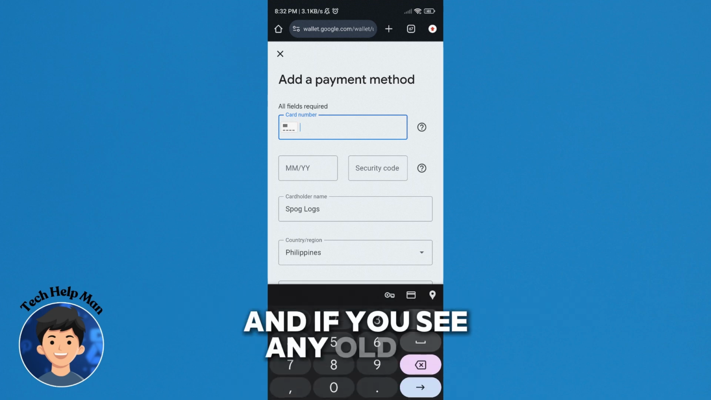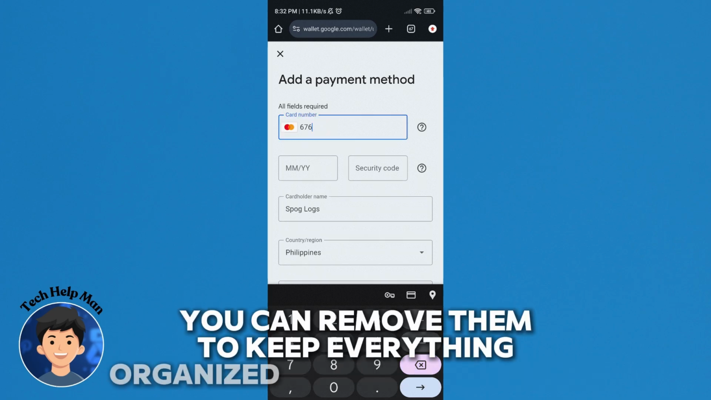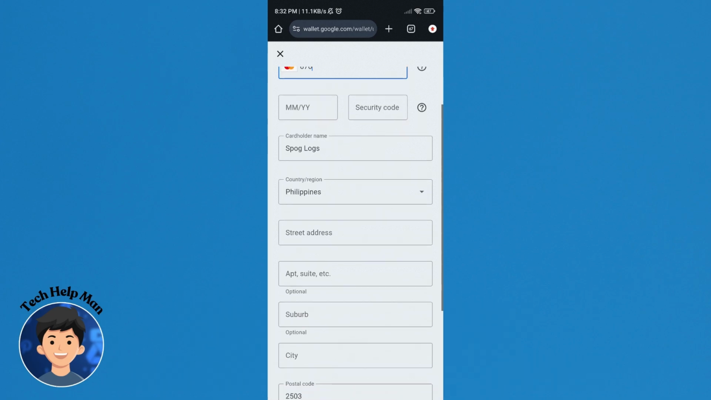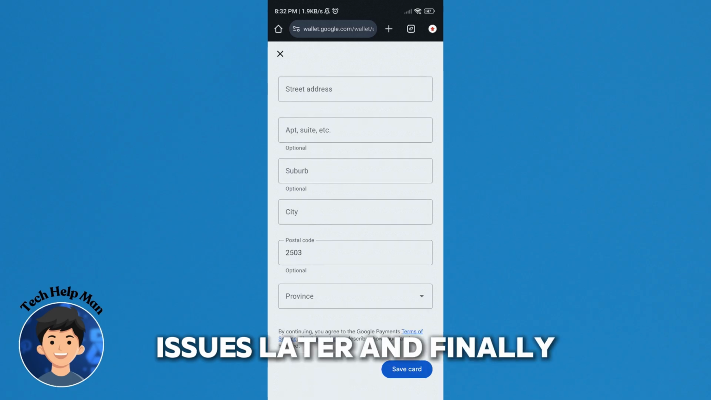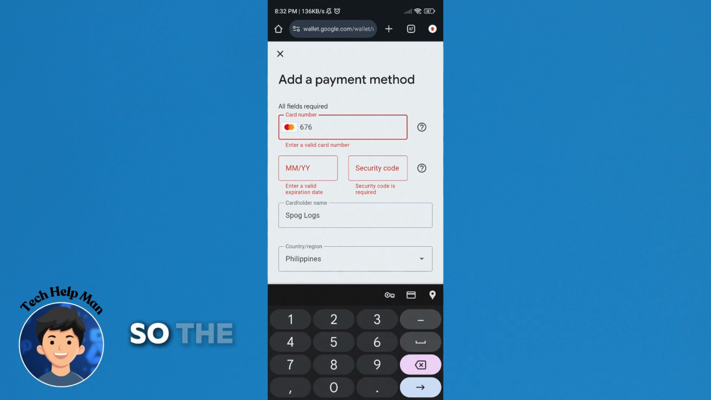And if you see any old or unused cards already linked, you can remove them to keep everything organized and avoid payment issues later. And finally, make sure your phone has an active internet connection during setup so the verification